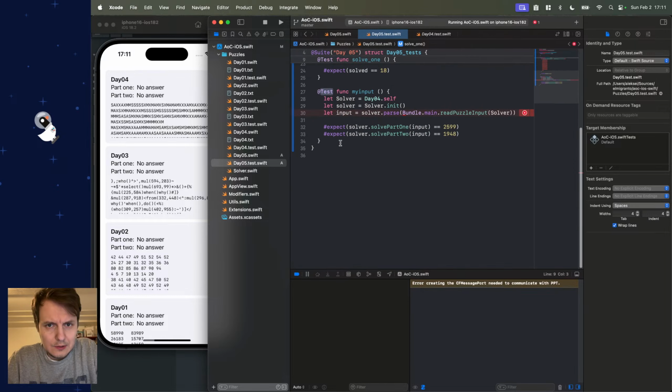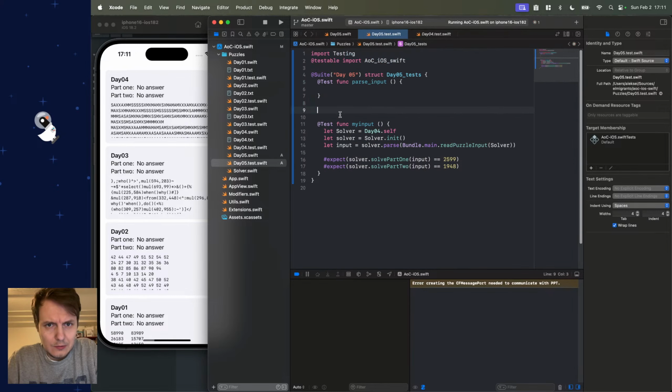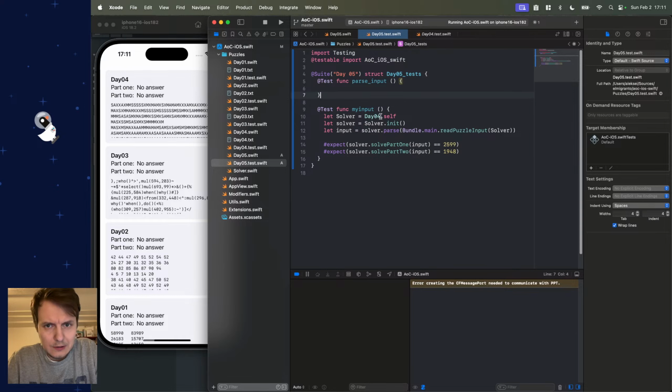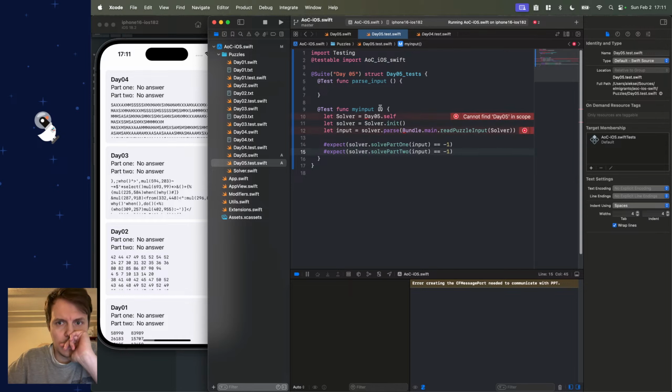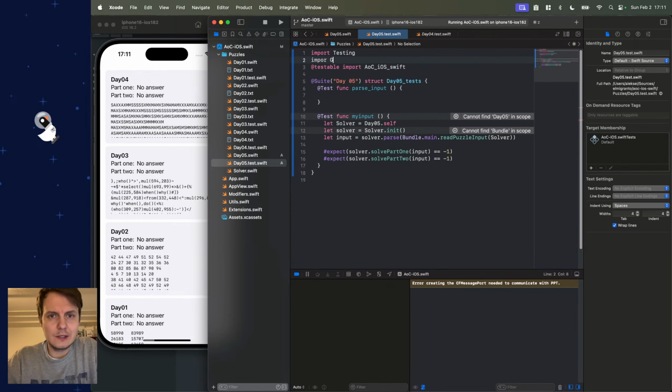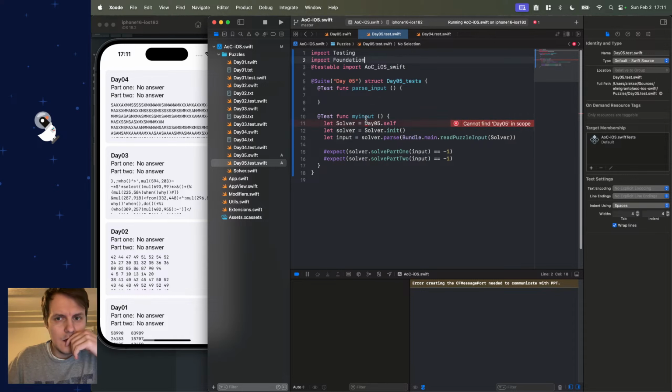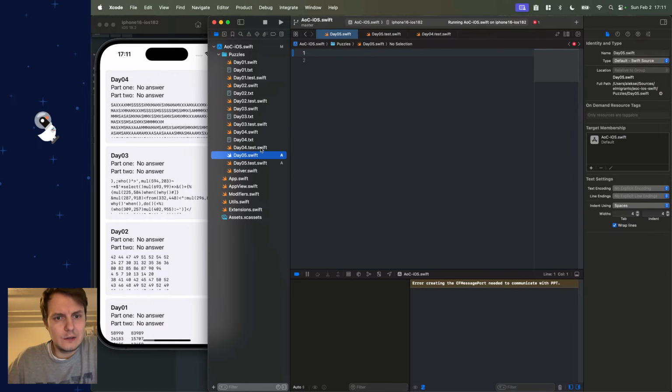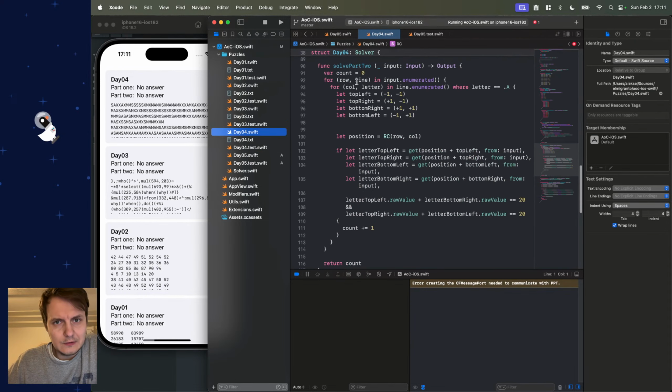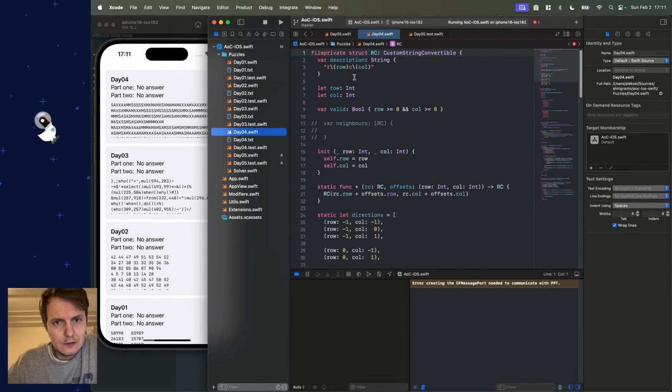And these are going to go away, except this one. Import foundation was needed to read from bundle. Okay. And now we need to create a struct of day 5, similar to